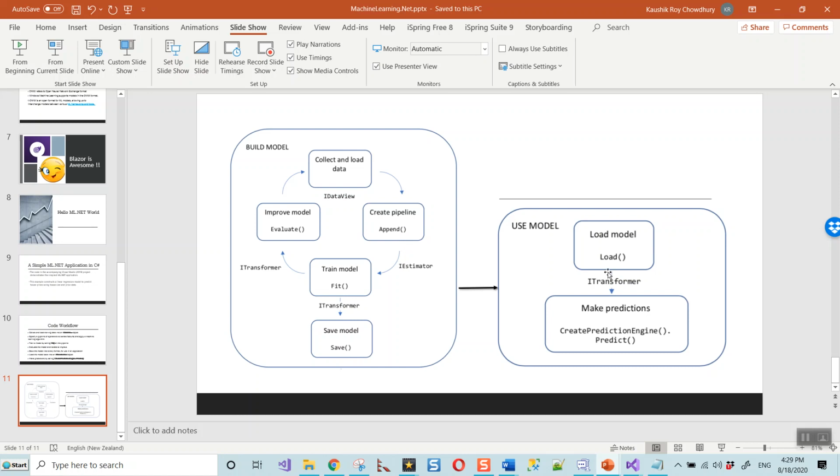And then we have used this model. For using this model, again, it was loaded into an ITransformer object, and then we called the CreatePredictionEngine.Predict method to make predictions. So that's in a nutshell, but we'll further discuss the model in a coordinate geometry way shortly.